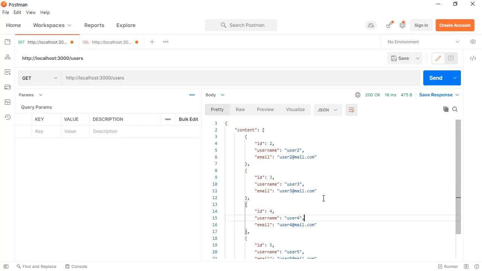So that's all for this tutorial. That's how we can introduce basic authentication to the